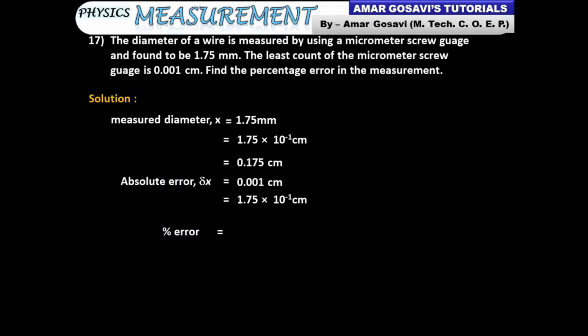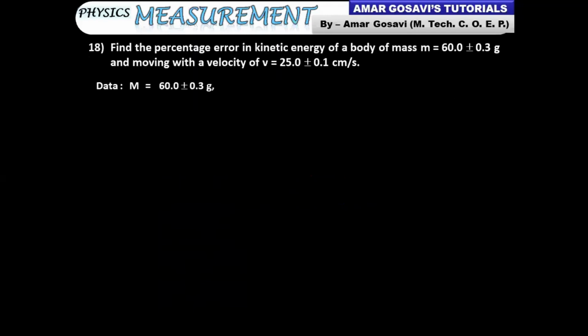Percentage error, yeah, this is something which we have solved. Important question, concentrate. Okay, a tricky question. We are supposed to find out percentage error in kinetic energy of a body of mass. So mass is given to you. कितना mass दिया है देखो. तो mass का measurement दिया हुआ है. कितना है? M equal to 60 plus minus 0.3. What does this mean? 60 is your most probable value or the average value, and plus minus 0.3 means this is the average absolute error. या तो वो plus 0.3 हो सकता है या minus 0.3. So this is the tolerance limit over here.